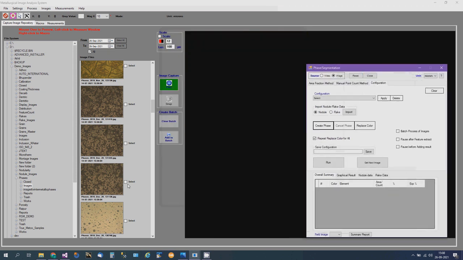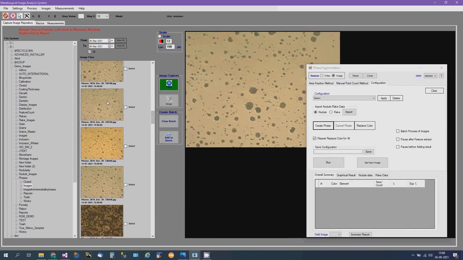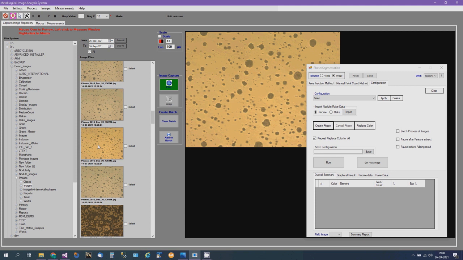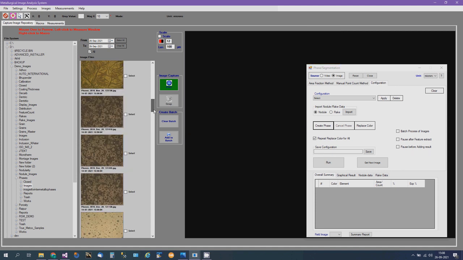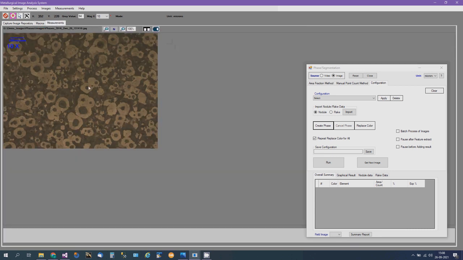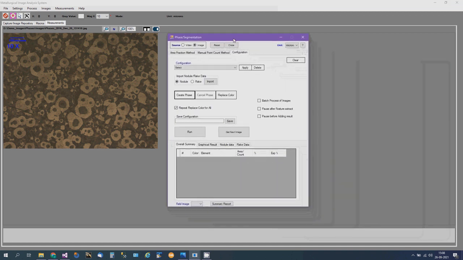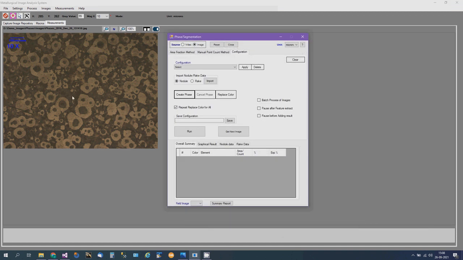If you see, these are the nodule data. So when we do the etching, the perlite and ferrite structure that is in between the nodules will become visible because of the chemical reaction that we do as part of the etching. So the perlites are these dark areas and the graphites are these round areas. Both have the same color. That is why when we are checking for a specific color, that color will involve both the perlite and graphite.